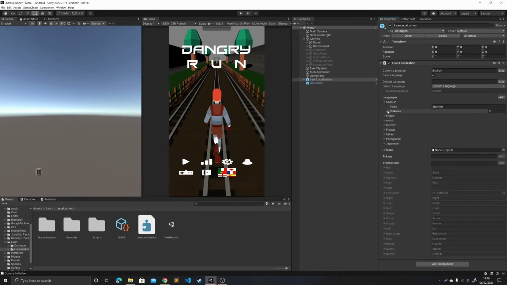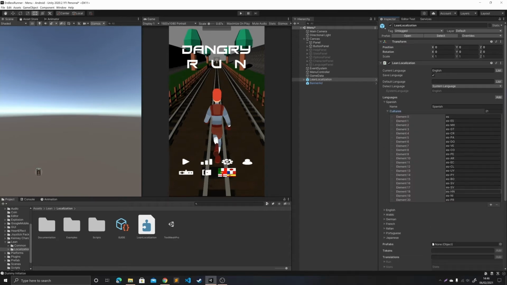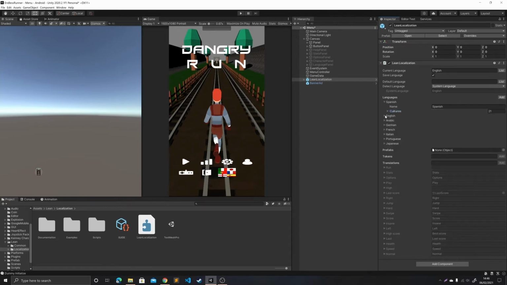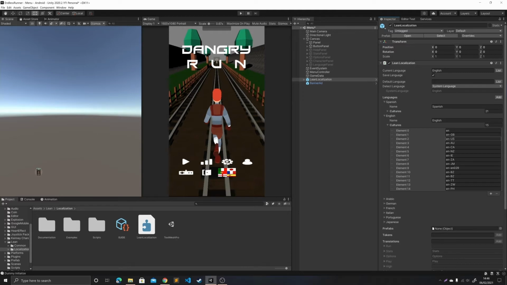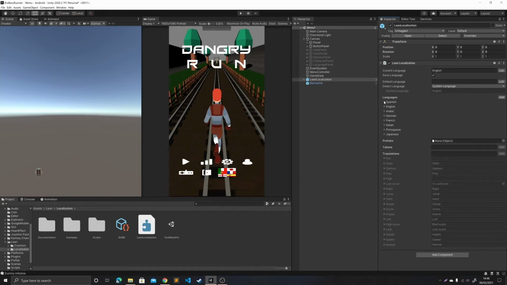Now also it comes up with different cultures. I don't know what any of those are, but strictly English we've got British, American, Australian, Canadian, New Zealand. Not sure about those. But it creates the language that you want to use, and then you add your translations